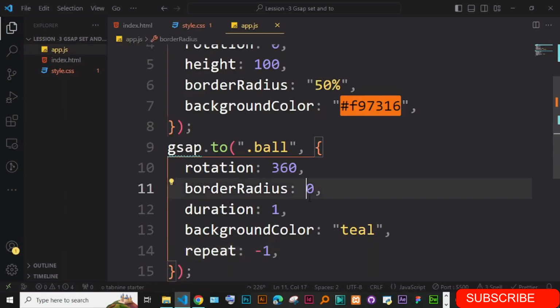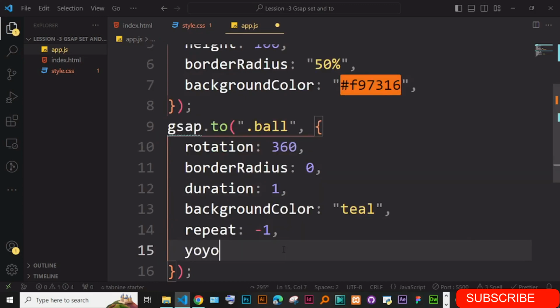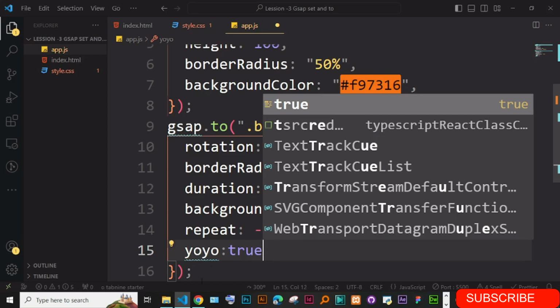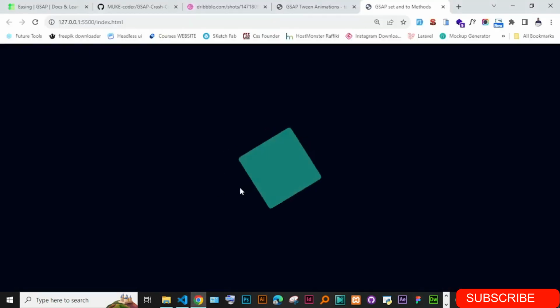So if you just go back here, you have that. And of course you can add all the properties we had seen before. You can add them here to create really nice